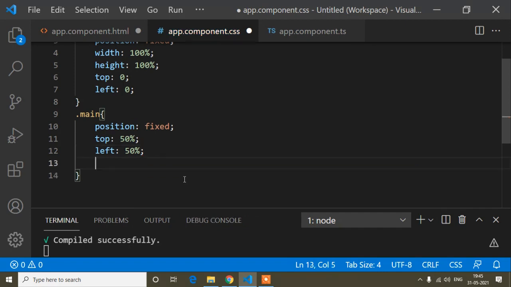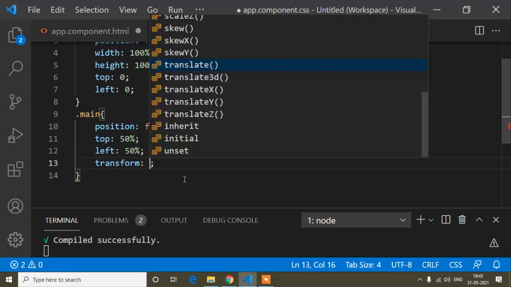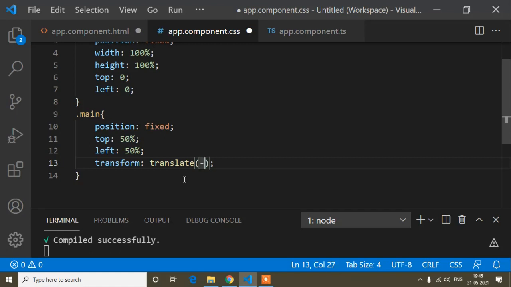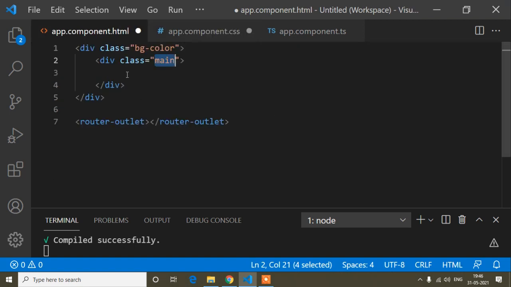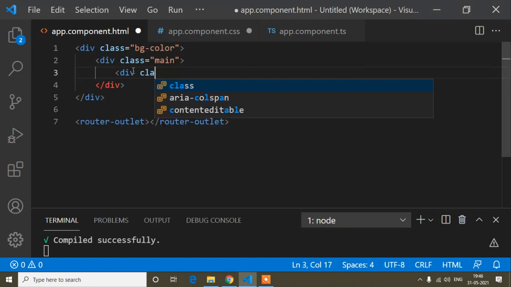50%. And now here I will add another CSS property, transform translate. If I write transform translate minus 50% and minus 50%, that means it shifts minus 50% from top and bottom, and also minus 50% from left and right. That means it works together with top and left, and it will center the element exactly. Okay, and now guys, here I will write another CSS